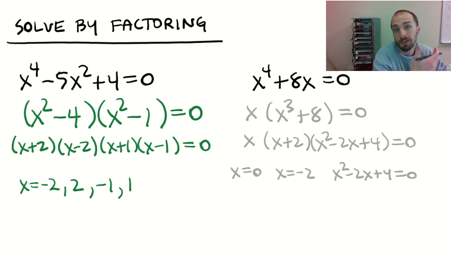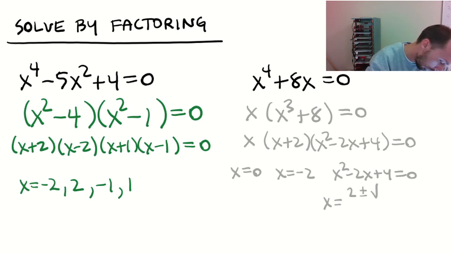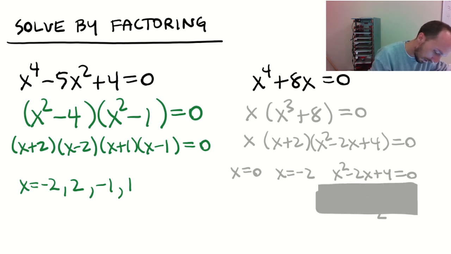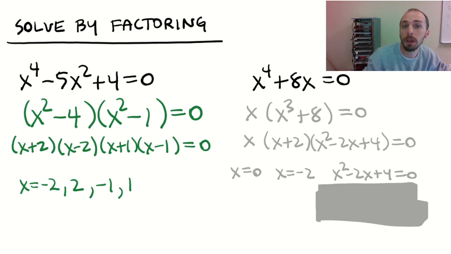And so you got the same 0 and negative 2 that I got, but with this one, you would have to go in and use the quadratic formula because that second factor, when you're doing a sum of 2 cubes, is never factorable itself. So when you do the quadratic formula, x equals negative b plus or minus the square root of b squared minus 4ac, which is negative 16. That's taking the square root of a negative number, all divided by 2a. This is not a real number, so we are not going to be considering it right now. But maybe later on in the